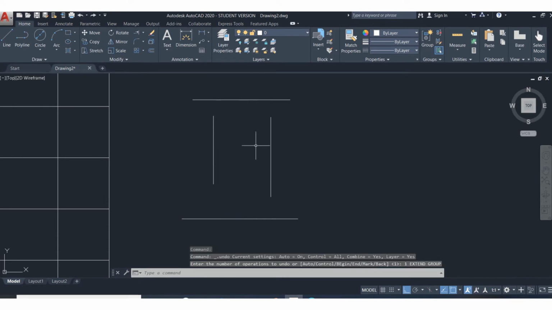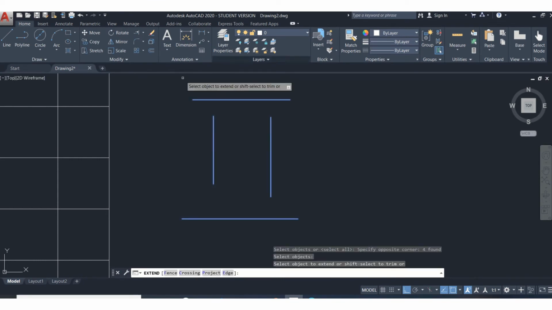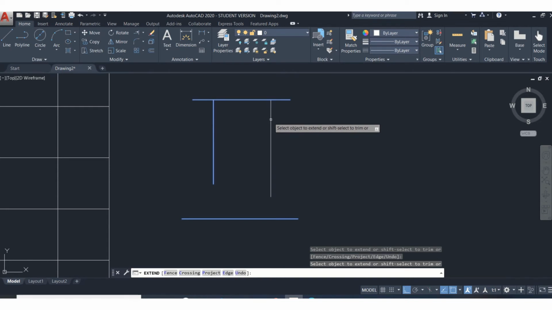Now, as you can imagine, there's a shortcut for that as well. To do extend, just draw a window around this, hit enter. Now everything is a target. So that's the easier way to use that if you have more than one line to extend. Now it's not going to do anything, like you can notice I can click on this all day long, nothing happens there because it doesn't make any sense. Hit enter to finish the